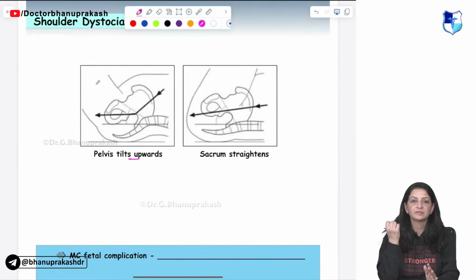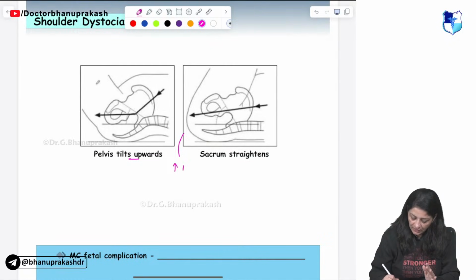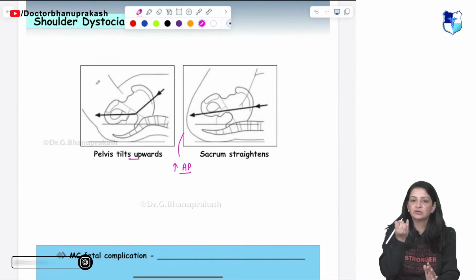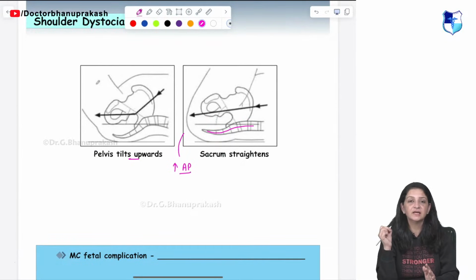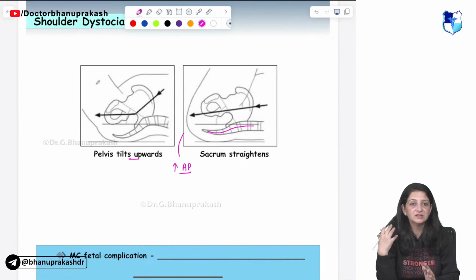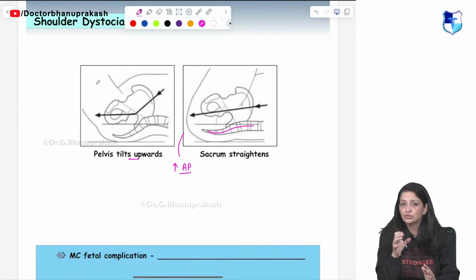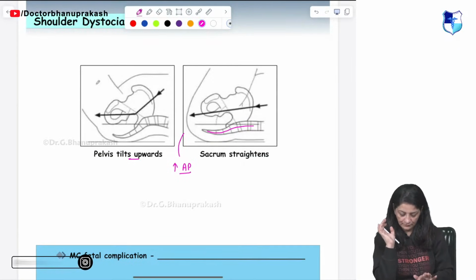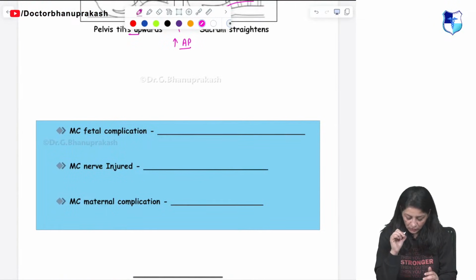uplifting of the pelvis. So it will cause an increase in the anteroposterior diameter of the pelvis and straightening of the sacrum. So the head which is stuck will easily come out, behind the anterior shoulder which is stuck behind the pubic symphysis. So the most common fetal complication in shoulder dystocia,